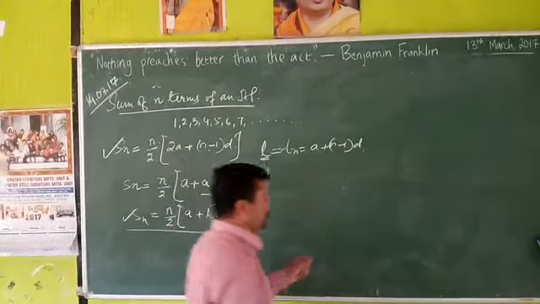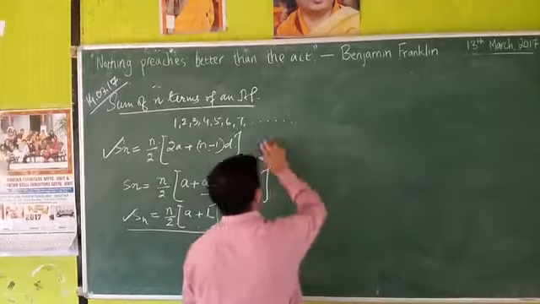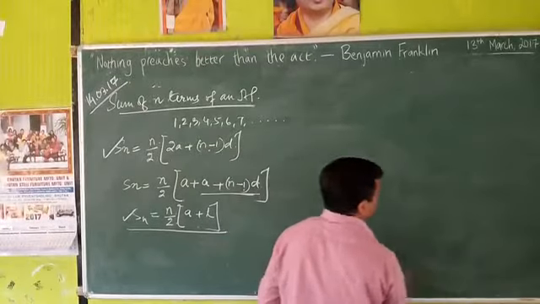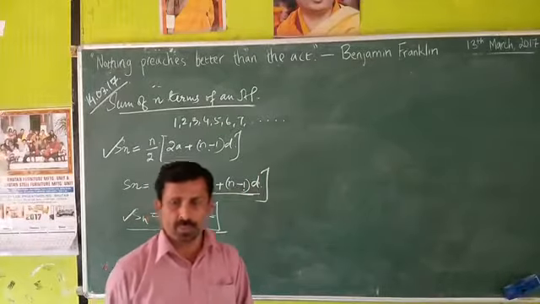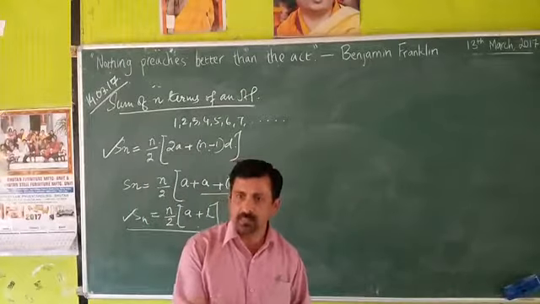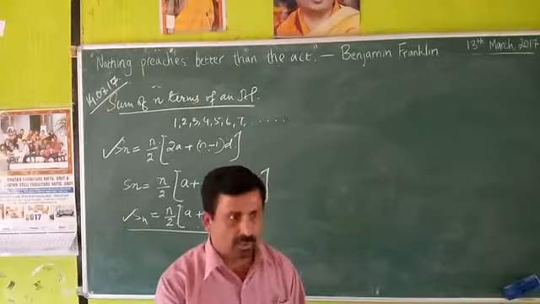Second thing is, we have learned before finding the nth term of an arithmetic progression. We have learned a method of finding a particular term of an arithmetic progression by using the formula Tn equal to